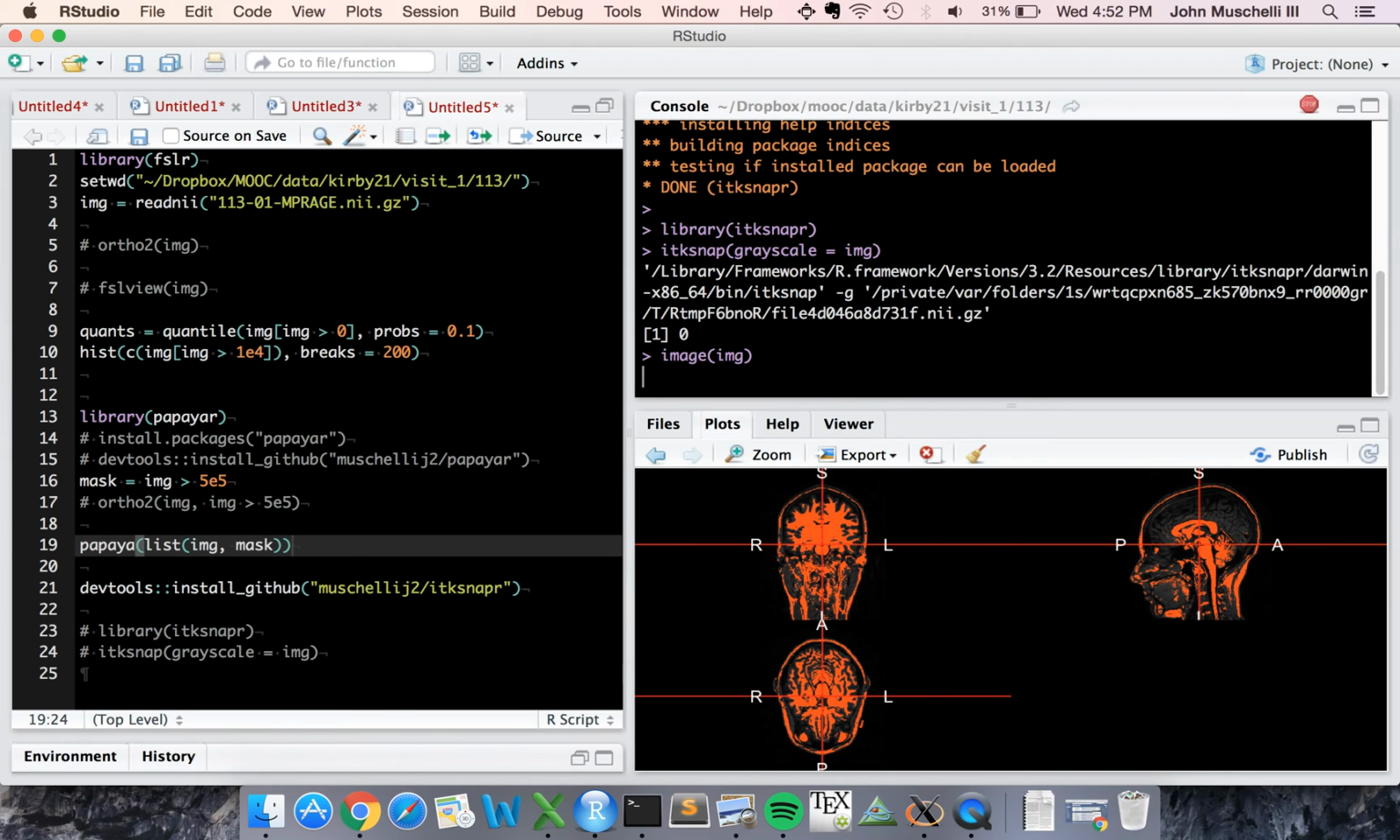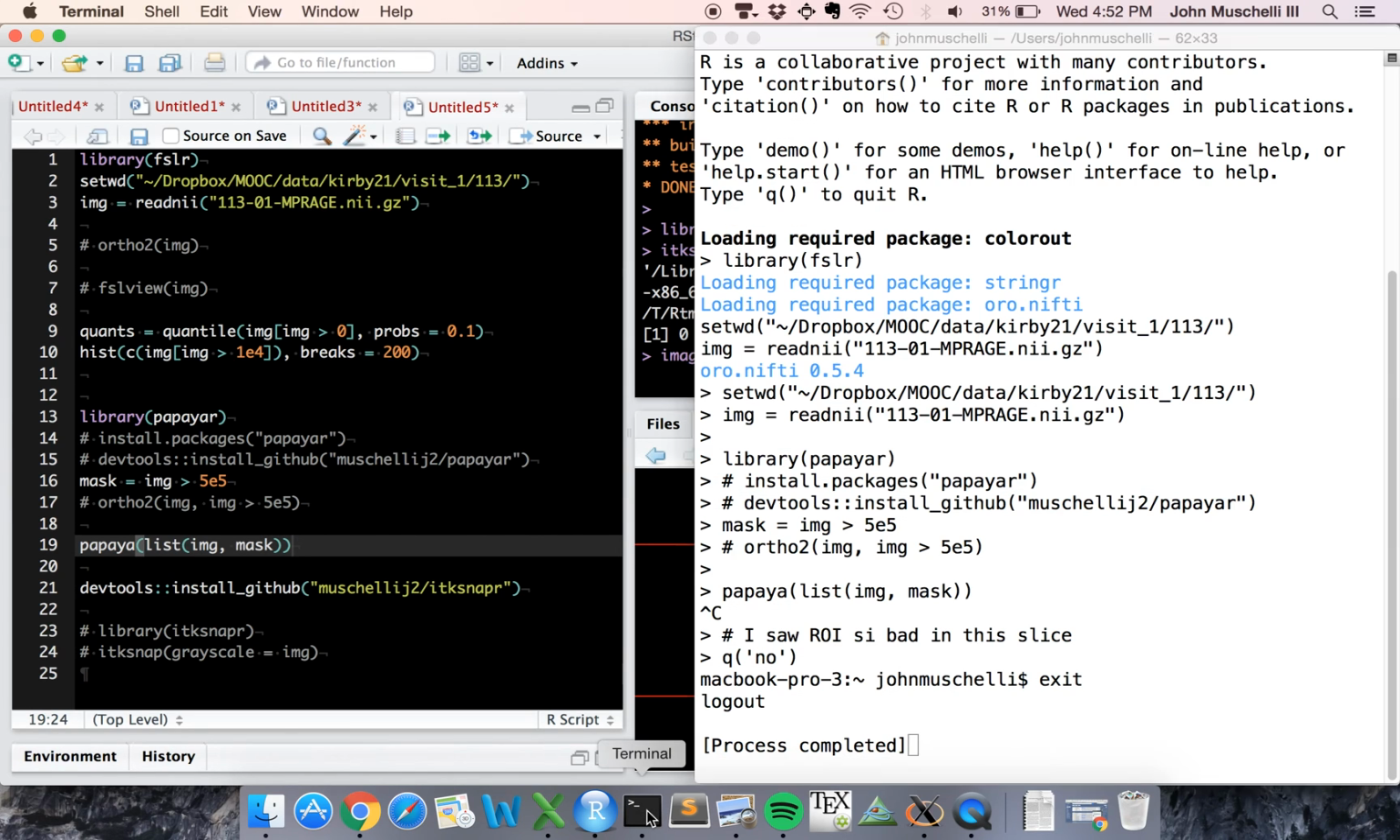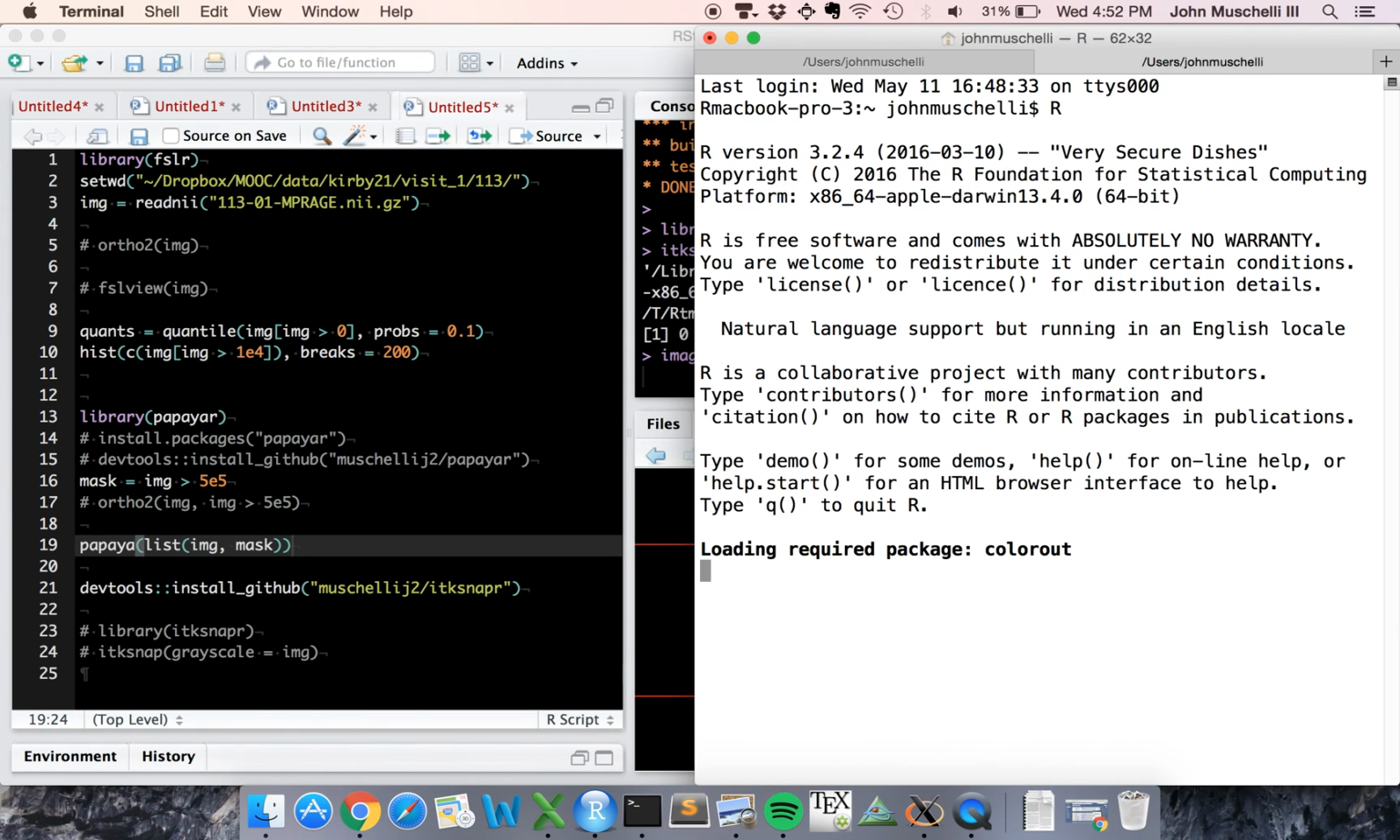Because if you just say image on a nifti object, it'll by default plot every single slice of the brain, because the default is not to do plot.type equals single, which we actually showed here. While that's loading, I can say, and here I'm loading Aura.nifti instead of FSLR, but it doesn't really matter because FSLR loads Aura.nifti by default. So if I say image.nifti,